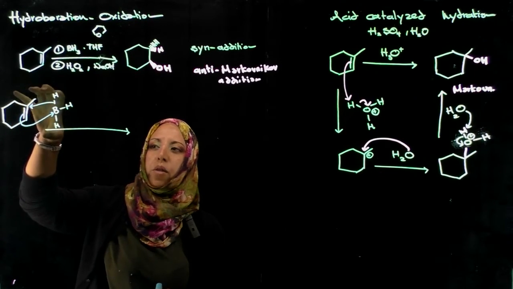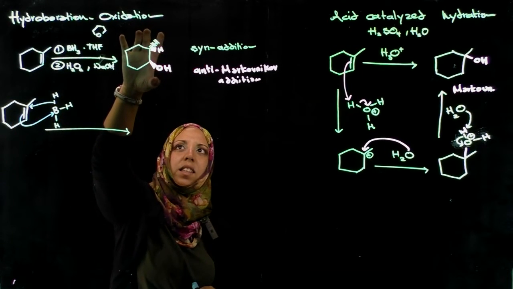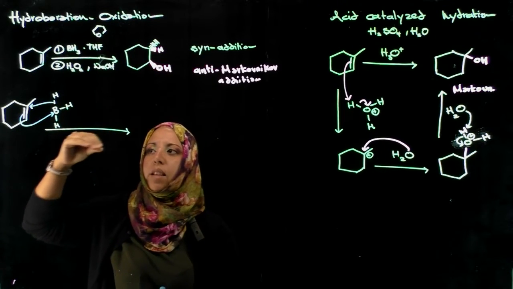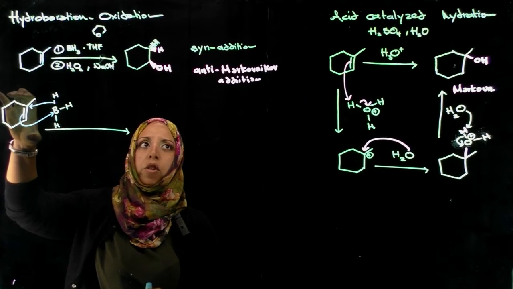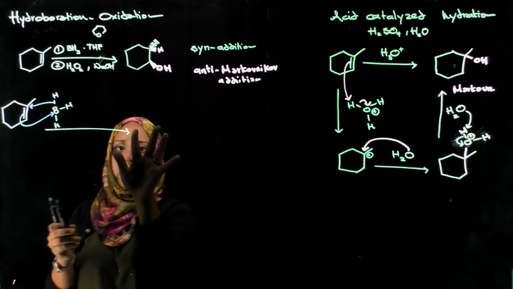But they're forming a bond to the same phase or side of that pi bond. That's why it says syn addition. The hydrogen and the alcohol are going to end up being added to the same side of that carbon-carbon double bond. So it's a syn addition, right? So what we end up getting